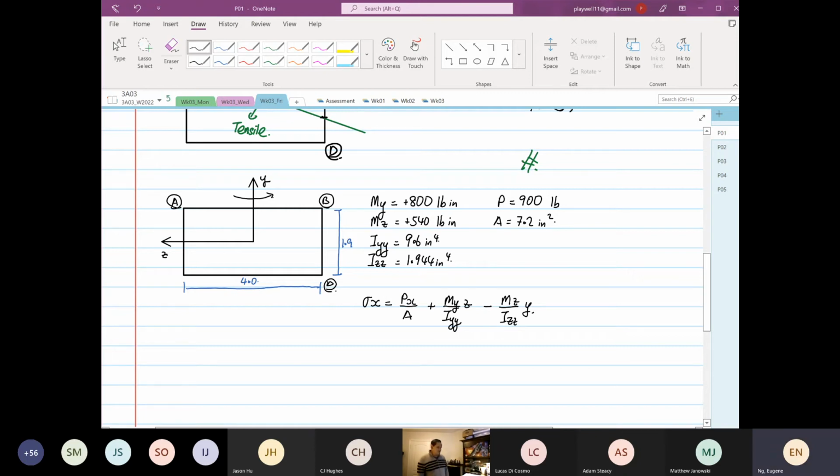We realize that we only have one equation, and we want to find y and z on the neutral axis. How do we do it? If anyone has any question, just type it down and ask me on the spot. So at the neutral axis,